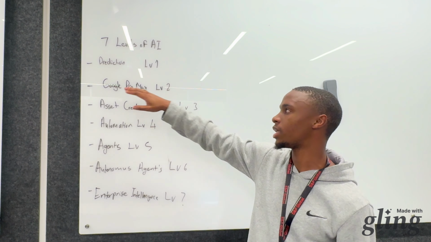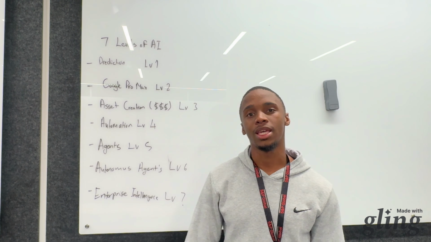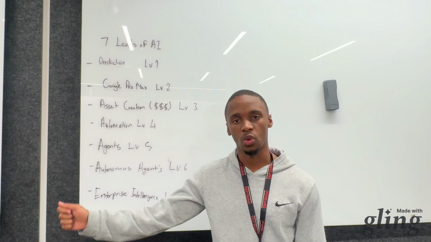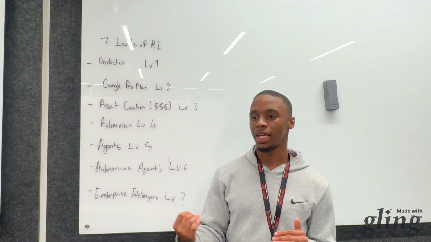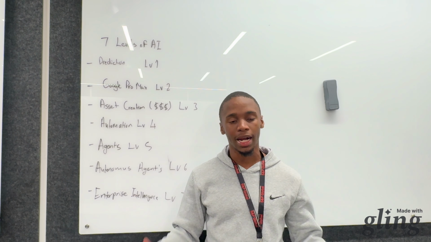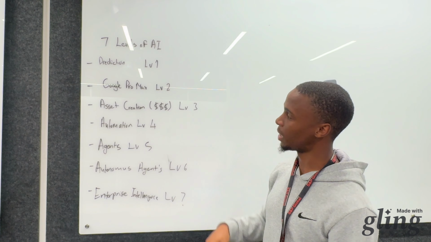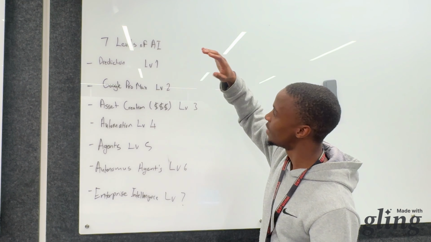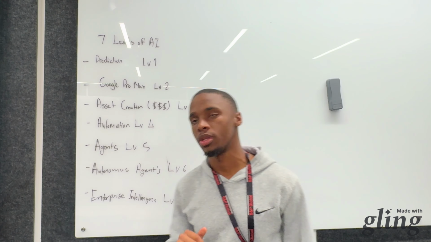The number 2 level is the Google Pro Max. This is where basically everybody who uses AI is. They use AI as a glorified Google, where they ask it about the weirdest stuff that it can answer very well because it has a connection to the internet. But this is the second lowest way and the second non-leveraged way to use it. Sure, it allows you to get your answer quicker, but this is only like 10% of its true power, which is why we want to go into the third level.